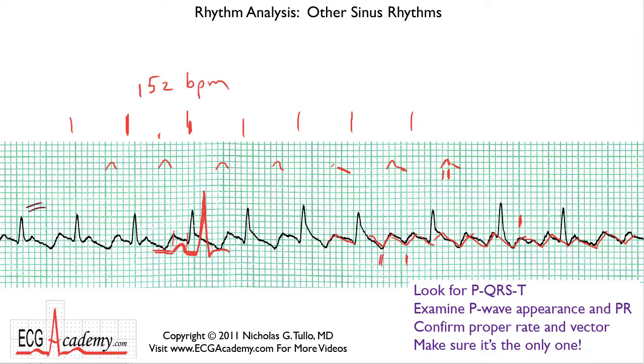So don't get fooled into thinking that any upward deflection is a P wave. And this is a typical example of an ECG that might have been misread as sinus tachycardia, but in fact, it's not. All right, so keep all this in mind as you continue to practice reading ECGs. And in the next lesson, I'll show you one interesting phenomenon that occurs during sinus rhythm, and that's known as sinus